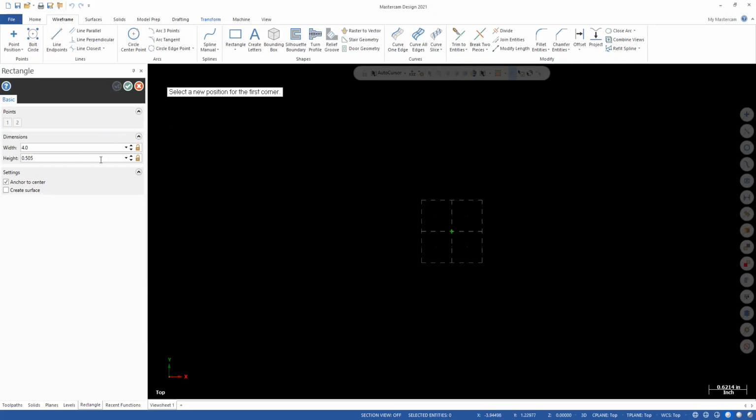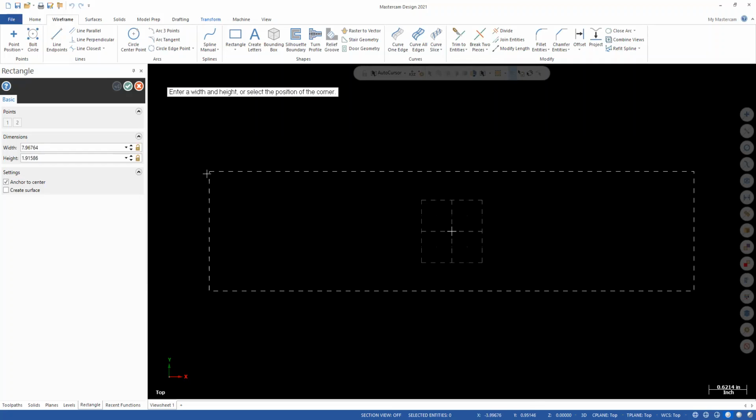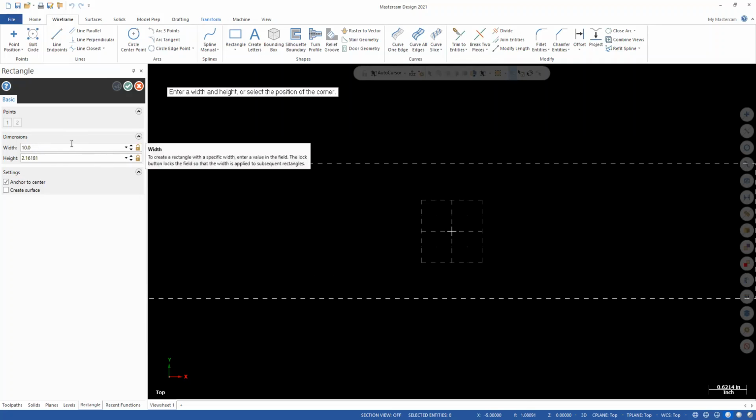So at any rate, what I'm going to do here now is select this center here, and as I drag my mouse out, you can see that it's showing where I'm going to be creating this rectangle. There's a few different ways that I can do this. I can either specify a point, or I can specify a width and a height. In this example, what I'm going to do is specify a width and a height over here in the dialog